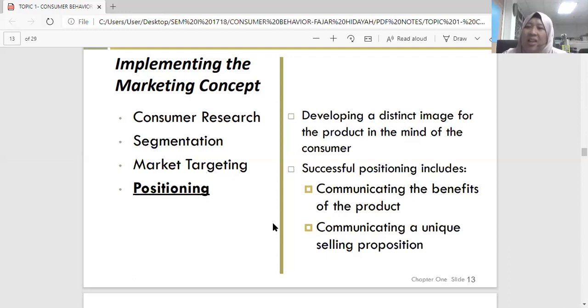So it comes back to our belief that with Allah's will, when I take these two tablets, I can get better. Just so you do not believe that the product makes you better, but it is about God. All right, and then communicating a unique selling proposition.